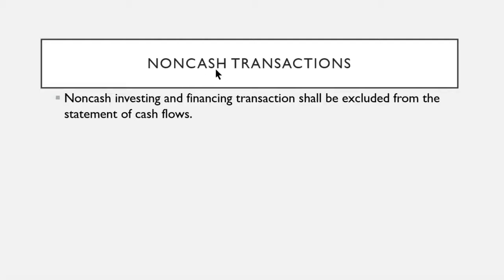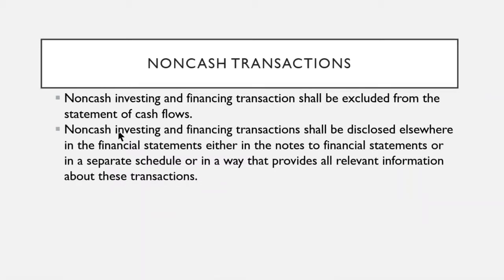What if the transaction is non-cash? So if it does not involve any cash transaction, there's no debit to cash, there's no credit to cash, then it's not part of the statement of cash flows. So non-cash investing and financing transactions, although they are non-cash, can be disclosed elsewhere in the financial statements, either in the notes to financial statements or in a separate schedule or in a way that provides all relevant information